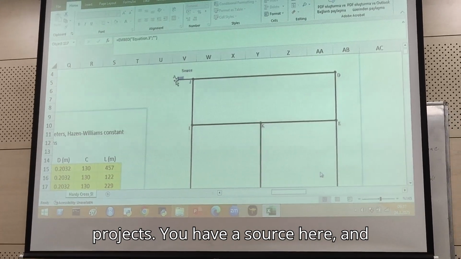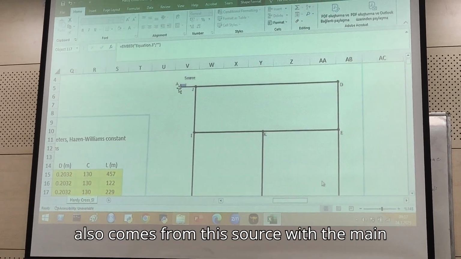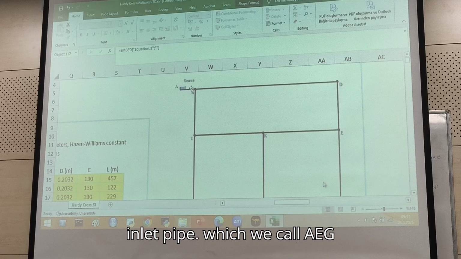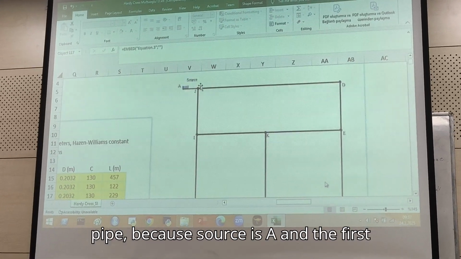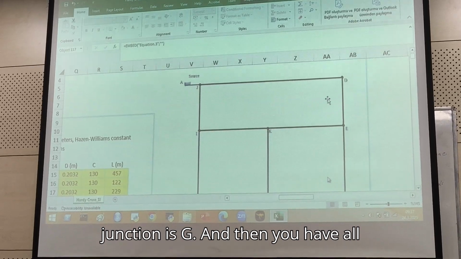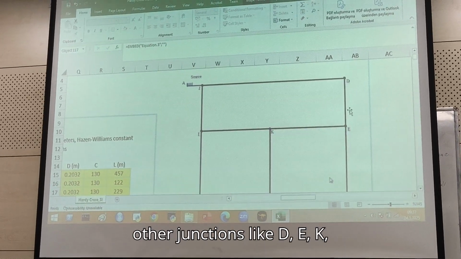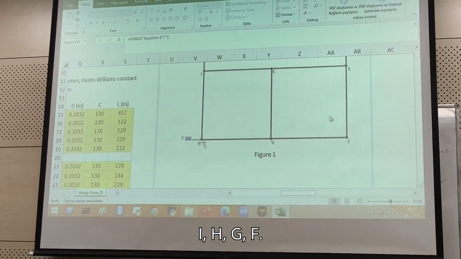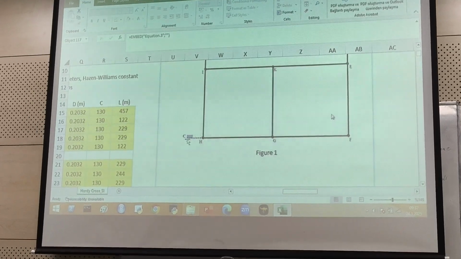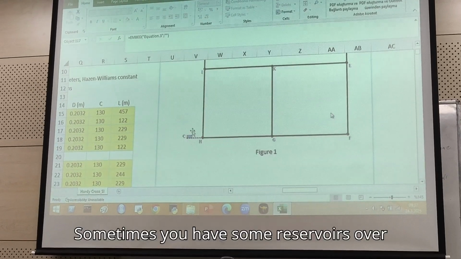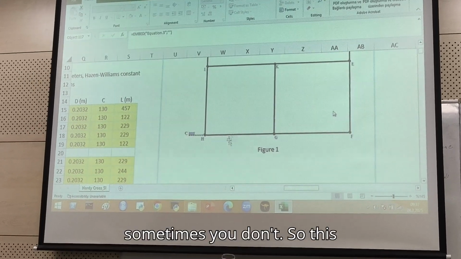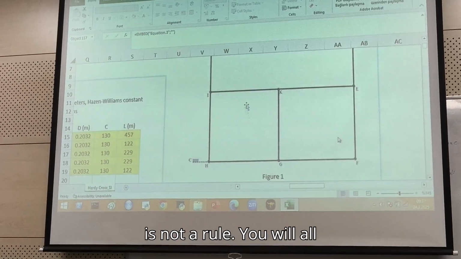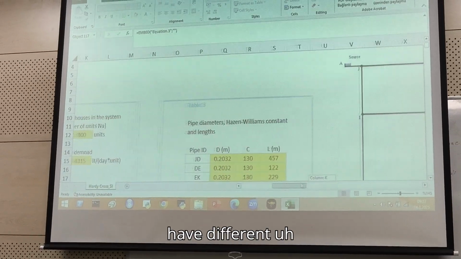You have a source here, and water comes from this source with the main inlet pipe, which we call AG pipe, because source is A and the first junction is G. And then you have all other junctions like D, E, K, I, H, G, F. Sometimes you have some reservoirs over here in order to store some water. Sometimes you don't. So this is not a rule. You will all have different